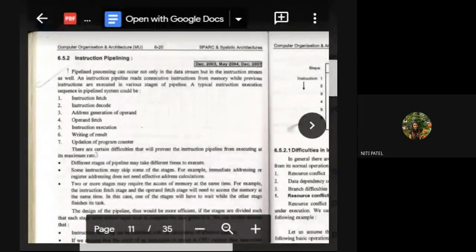After that 8 is executed, it will write that 8 somewhere. Where it has to be written, the program says it has to be written in register C. So it will go to C and write the value 8 into C. After that it will update the program counter to the next instruction, that is end. So this is how your pipeline is achieved.